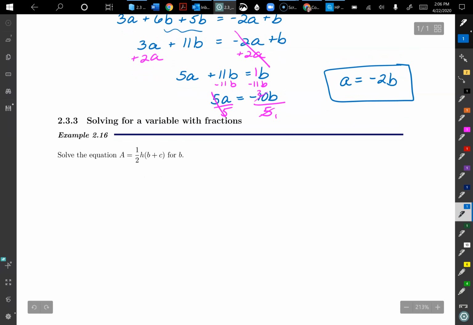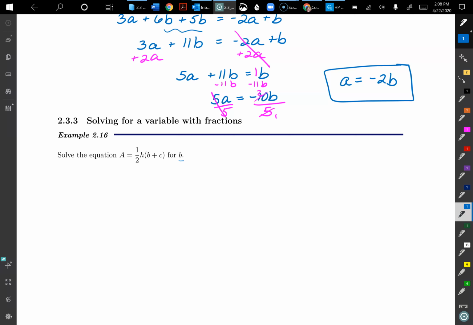So 2.3.3, example 2.16, solving for a variable with fractions. So here we have the equation A equals half H times quantity B plus C. And we're solving for B. You might recognize this as the area of a trapezoid, although it looks a little bit different than you might be used to. So we are solving for B, and first thing we want to do